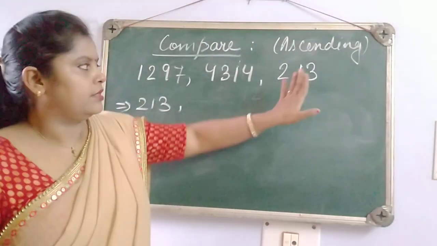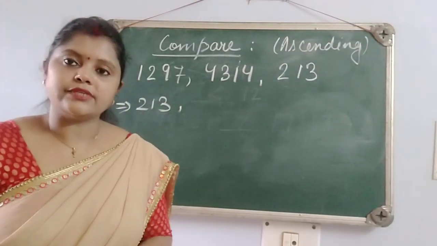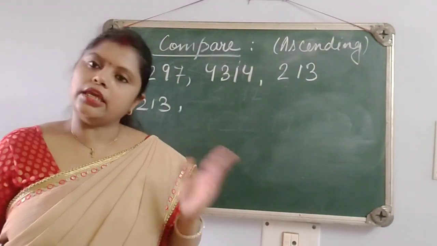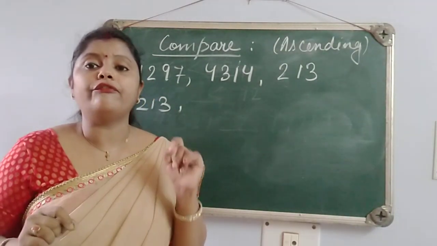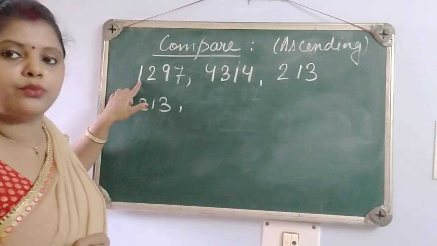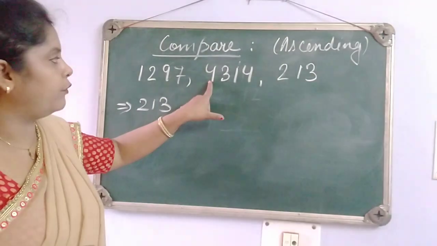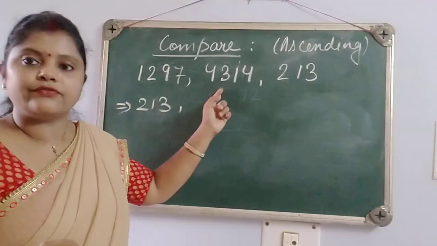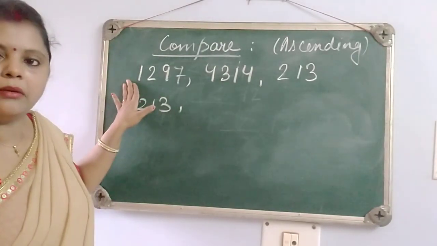Next one. Now this is done. This work is over. We are left with these two numbers. As we have counted earlier, both these numbers have 4 digits, an equal number of digits. So we are going to follow the second rule now. We will check the first digit, okay? In the first number, the first digit is 1. We are checking from the left hand side. In the second number we are getting 4. So we have two different digits: one is 1, another one is 4. Which one is smaller, 1 or 4? Obviously 1. So this will come now.